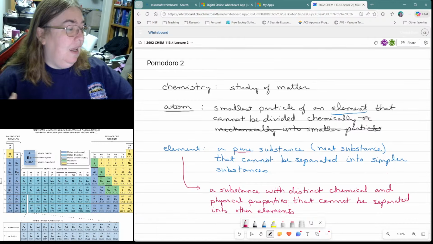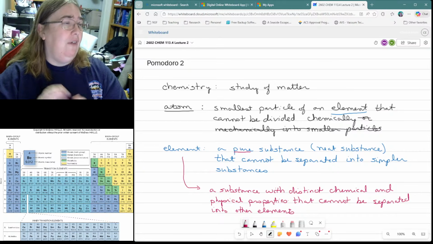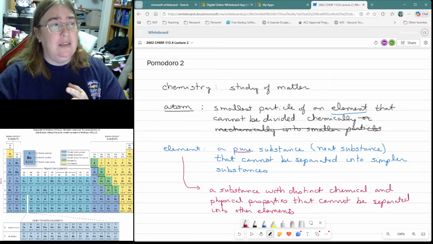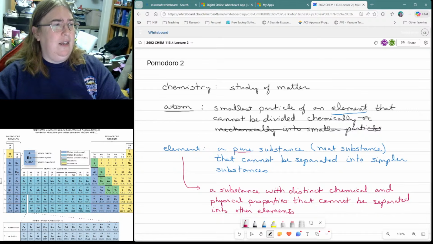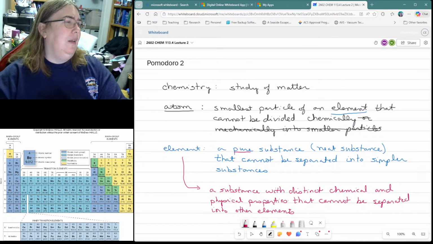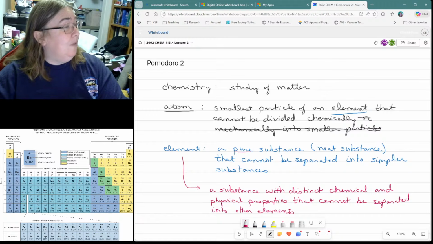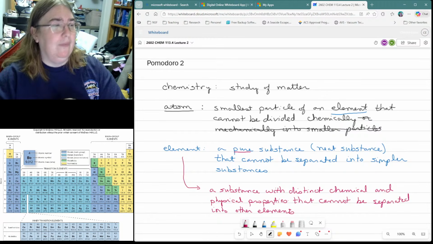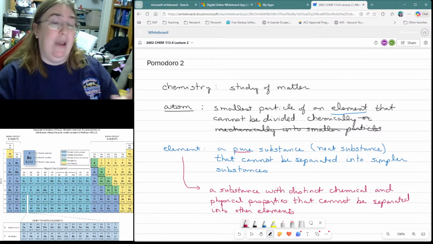In other words, the air that we breathe is a mixture, predominantly nitrogen and oxygen. It has a little argon in it, a little xenon, a little krypton. It has some CO2 in it, has some water in it. Right now, not a lot of water because it's pretty dry, so the humidity is pretty low. That's what we breathe into our lungs and exhale from our lungs. That's air. Air is not an element, because if I collect air, and by the way, air does have chemical